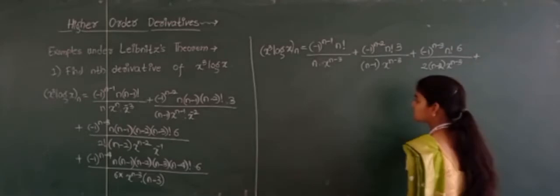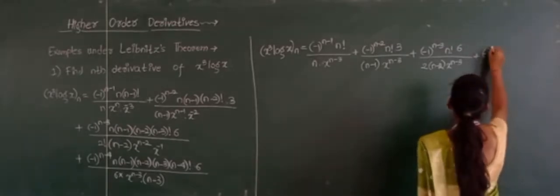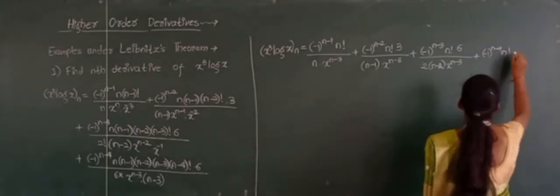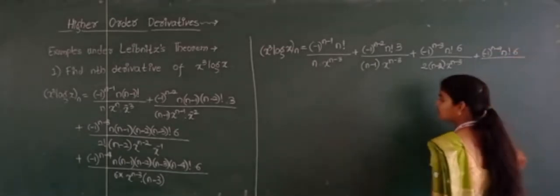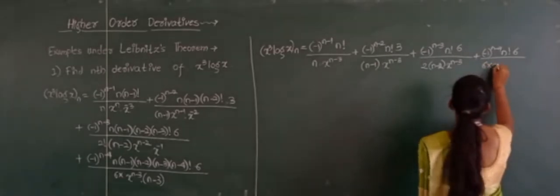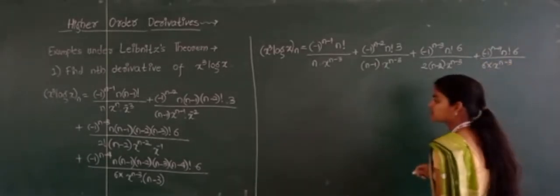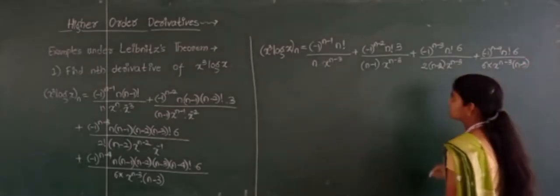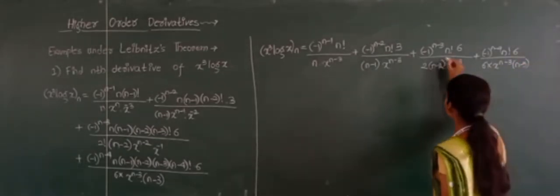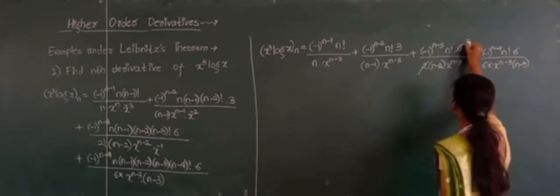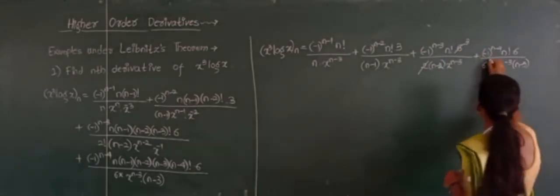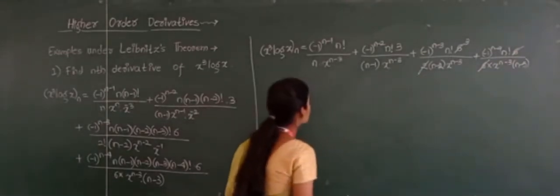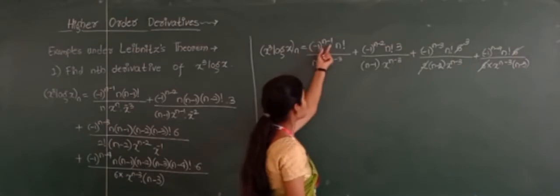So plus minus 1 raised to n minus 4, again it becomes n factorial, and into 6 divided by 6 into x raised to n minus 3, and that into n minus 3 I will write as it is. So here in this step, 2 3s are 6 get cancelled, and here 6 and 6 get cancelled. So check here, in every term I can take minus 1 raised to n minus 1